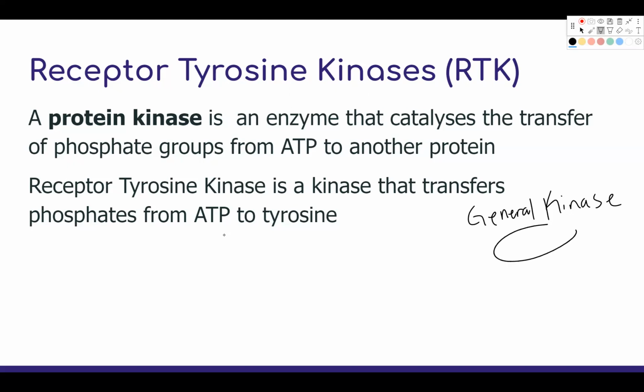What it does, this is a protein kinase. It will take an ATP and then transfer. Actually, I'm going to draw out ATP. We've got our adenosine, phosphate. And we've got another random protein. What that kinase will do is it will take one of the phosphates off of ATP and move them to